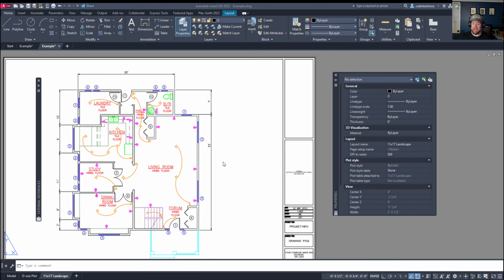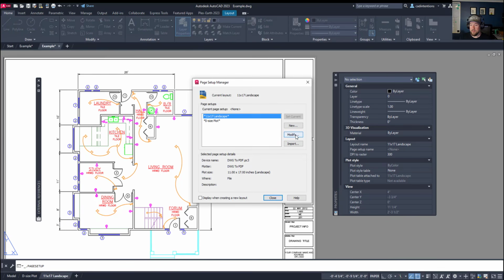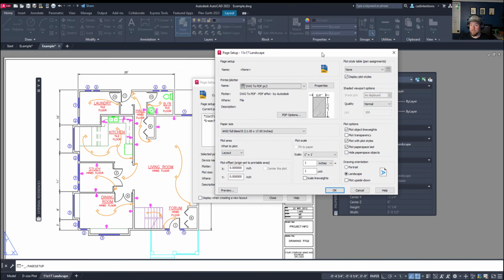So in AutoCAD, the main two plot styles, which you can access in the plot dialog box or in the page setup manager by right-clicking on your tab, going page setup manager, and then modifying the tab that you're working on. This is how you change the plot settings or the page setup options. Now in the top right here, you have the option between two different types of plot styles, a .ctb file